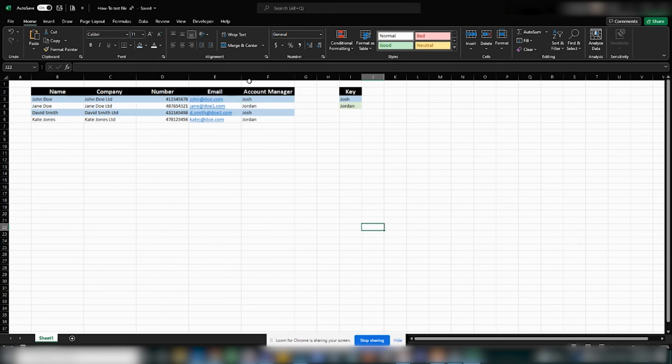As you can see, now any record that has me as the account manager is being highlighted in blue. And that's going to continue all the way down to row 30, which I'll demonstrate now. So let's just type in a new person. Their name is Josh. Their company is Josh Limited. Their contact number is 123. The email is test@test.com. And now if I select the account manager as Josh,